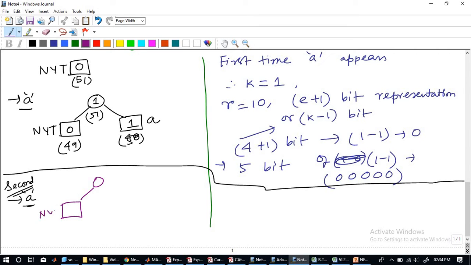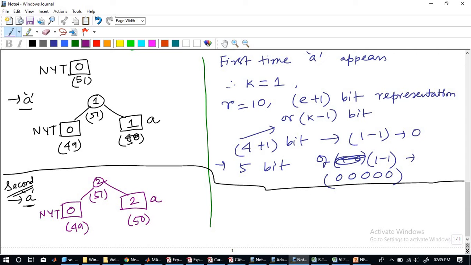This already we did last day. So this is 0. Update means 1 will be 1. So we'll add up the weight. So this is A once again. 50, 49, 51, 2 plus 0. This will be 2. But what about the code?